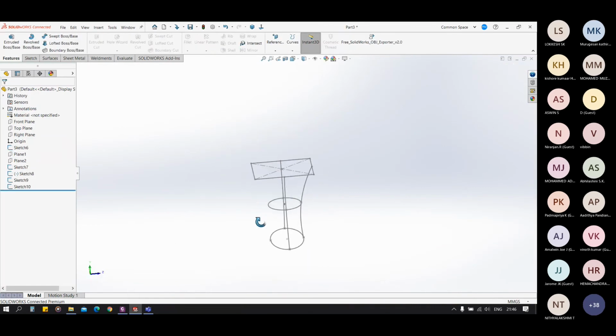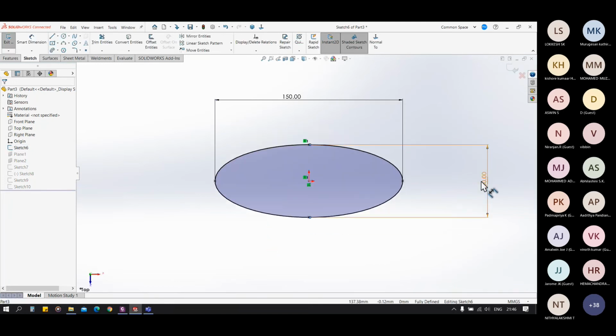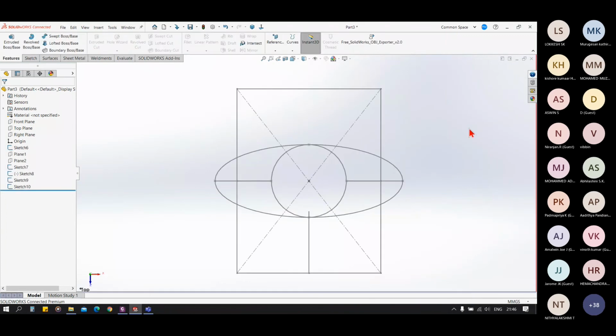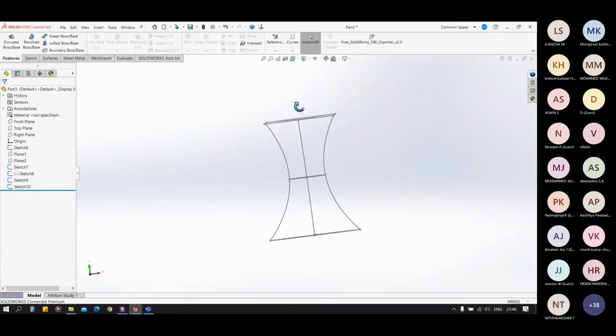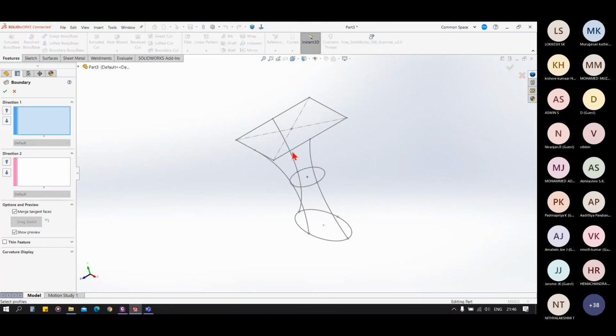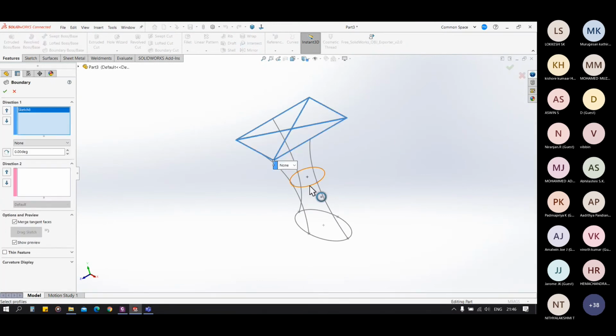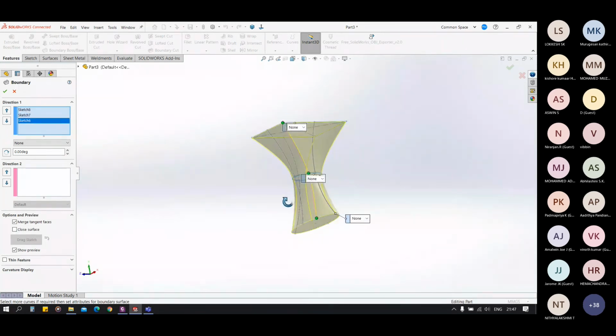So now you can see we can control our feature in more ways. In direction 1, we will select all the profiles. In direction 2, you can select the guide curves.